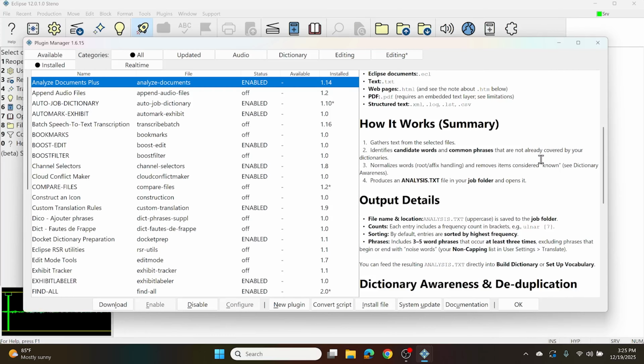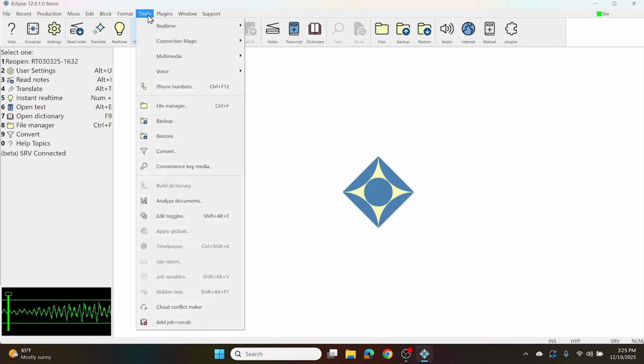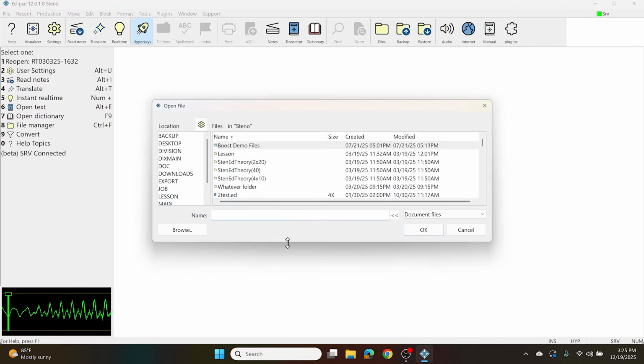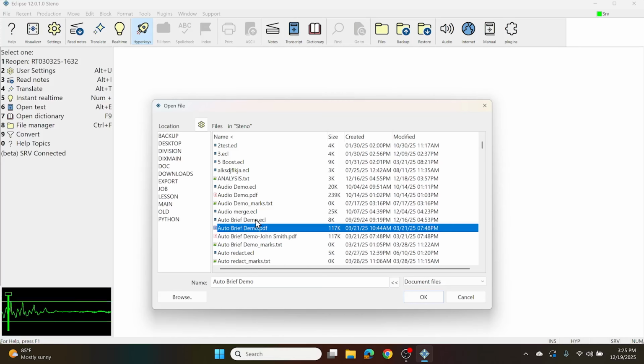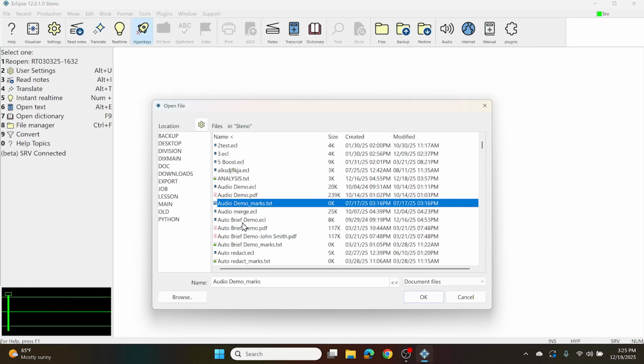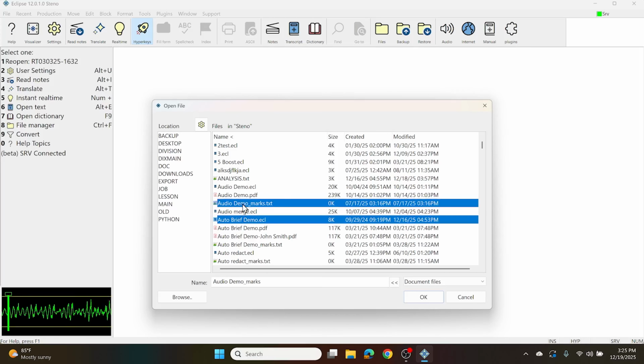Let's take a look at how this works in practice. I'm going to go to Tools, Analyze Documents, and in this window, I can select any files that I'd like to do. And so I can select PDF files, I can select text files, or I can select ECL files or any of the other file types that were listed. And so I'm going to select a few files